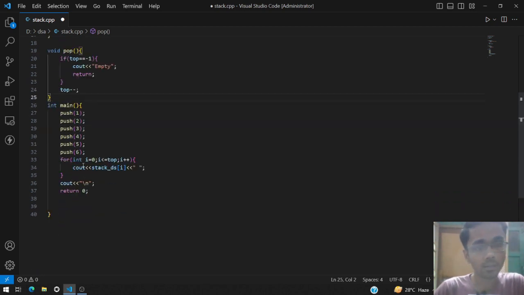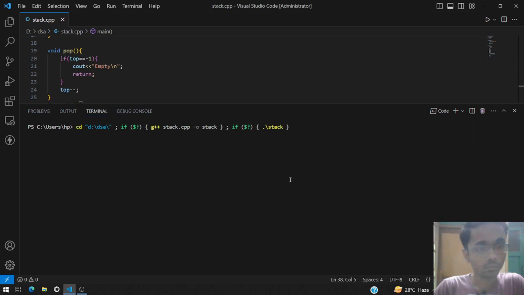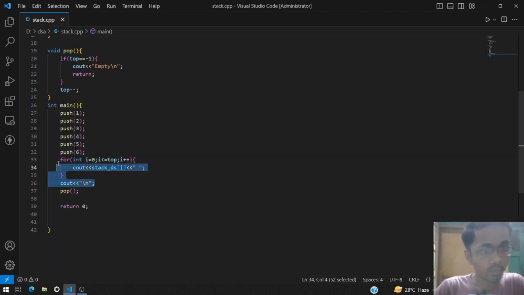So let us see if our pop function works or not. Say pop, let's say we popped one element. Again we need to display all the elements after popping.